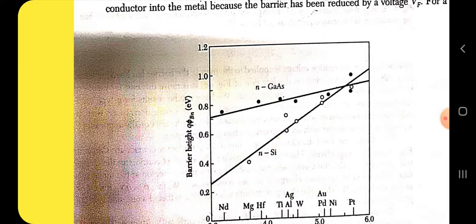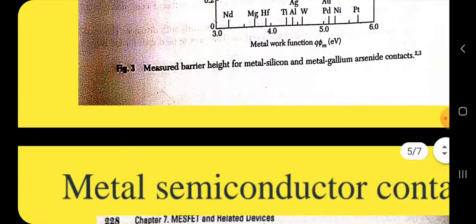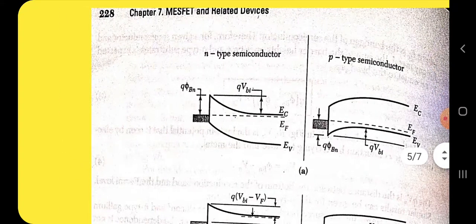For a reverse bias, a negative voltage is applied to the metal. The barrier is increased by a voltage Vr, as depicted in the left side. It is more difficult for electrons to flow from the semiconductor into the metal. We have similar results for a p-type semiconductor. However, the polarities must be reversed. In the following derivations, we consider only the metal n-type semiconductor contact. The results are equally applicable to a p-type semiconductor with an appropriate change of polarities.